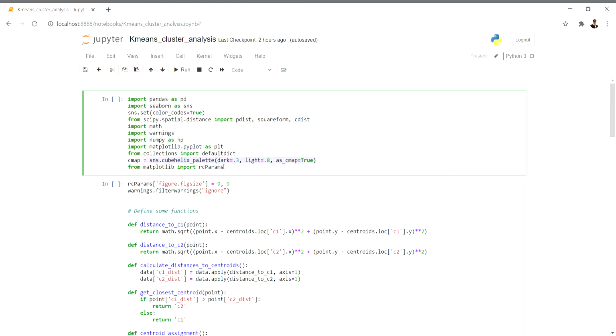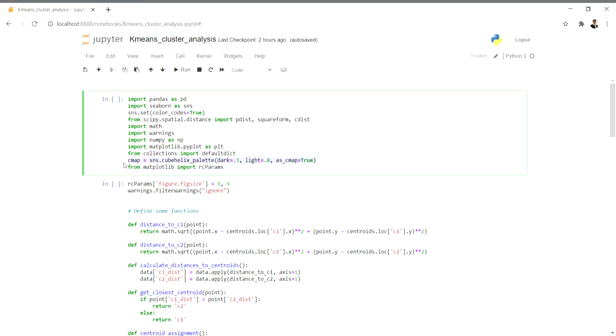This palette is basically for putting blocks. Whenever you plot something, you need to have a grid structure in square format. For that purpose we have dark 0.3, light 0.8. You can tweak these parameters, and you can check the method definition or syntax for cubehelix_palette. When we plot this, we'll come to know how it looks.